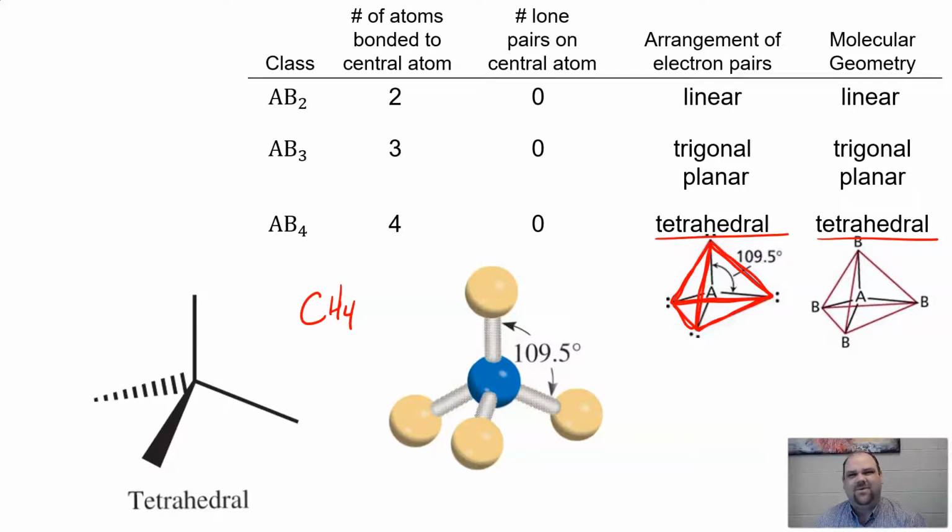This is the first time where we've truly had a three-dimensional structure. For something that's linear, we can obviously display that in 2 dimensions. For something that's planar, trigonal planar, we can display that in a plane, that's 2 dimensions. Now's the first time when we really see things that are in 3 dimensions. And so you'll notice here that on our tetrahedral structure, we have this wedge that comes forward,